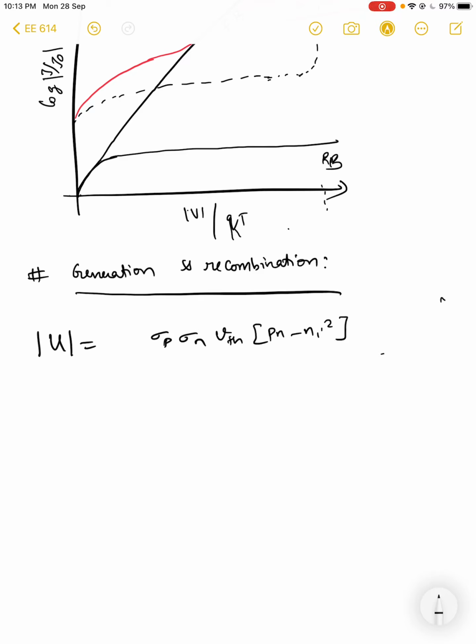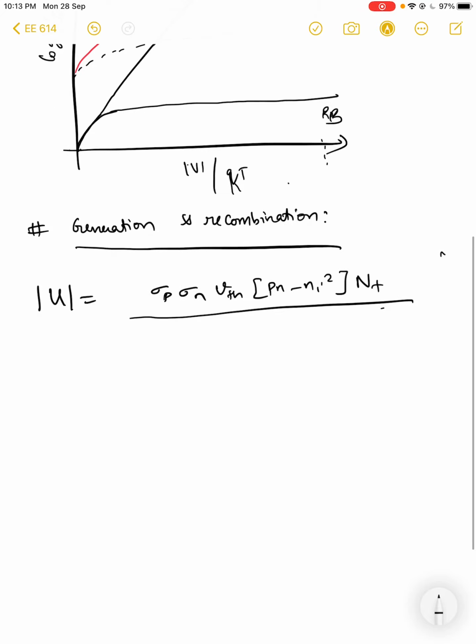So this is the obvious discrepancy from the thermodynamic equilibrium condition. At equilibrium, of course, pn is equal to ni square. So therefore, you should not have any net generation or recombination. Nt being the trap assisted case. In semiconductors, mostly this trap assisted recombination is considered because it is one of the most dominant recombination pathways, divided by sigma n